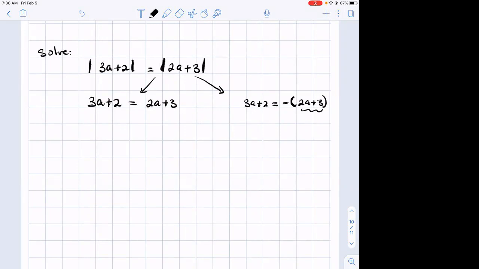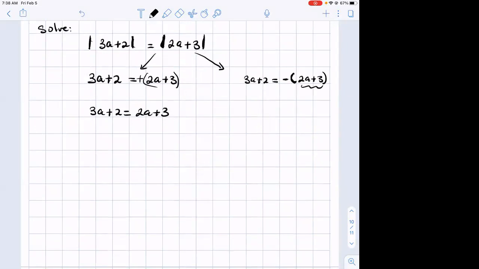Okay. So remember, one side is positive and one side is always negative, as we did in all our previous exercises, okay, or examples. So if we solve, we have 3a plus 2 is equal to 2a plus 3. I always move the smaller a, so I will minus,